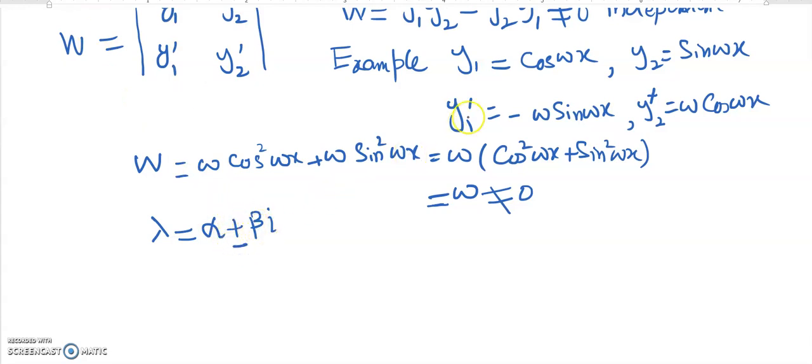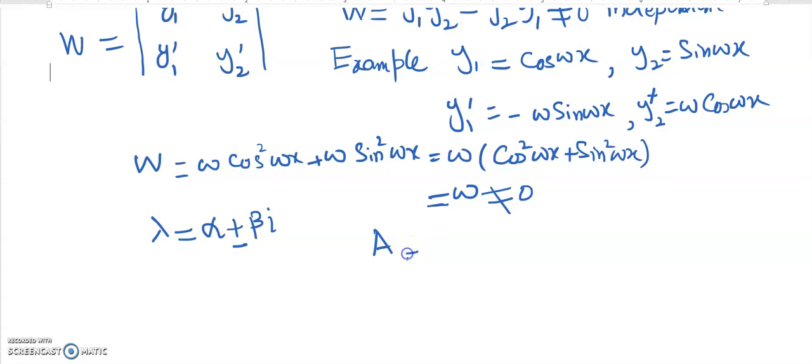The beta term will go with the cosine and sine, and the alpha term will go with the exponent e, because the general solution for that equation will be